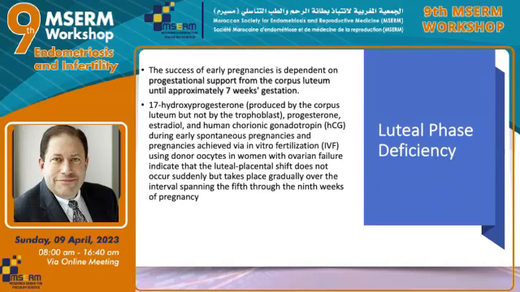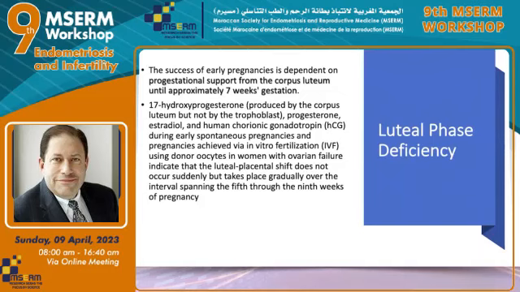So the basis for potential benefit in women with recurrent pregnancy loss is that it is in some way treating or maintaining the luteal phase, that there is some sort of luteal phase deficiency that is not allowing for the production of adequate amounts of progesterone, which leads to miscarriage. And in some way, this is something that a woman or a couple is predisposed to that leads to recurrent